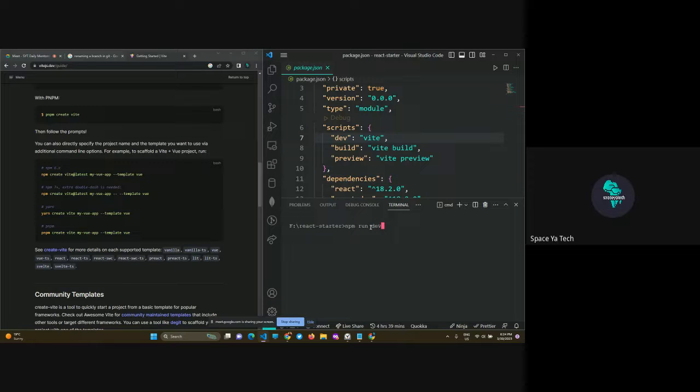With this npm run dev, we are simply telling Node to run this script. That's why we call it dev. These scripts are simply things you can run. So npm run dev, the dev name is coming from this script here. We can also run npm run build. We can also run npm run preview. If I try to run npm run something that is not here as a script, like start,